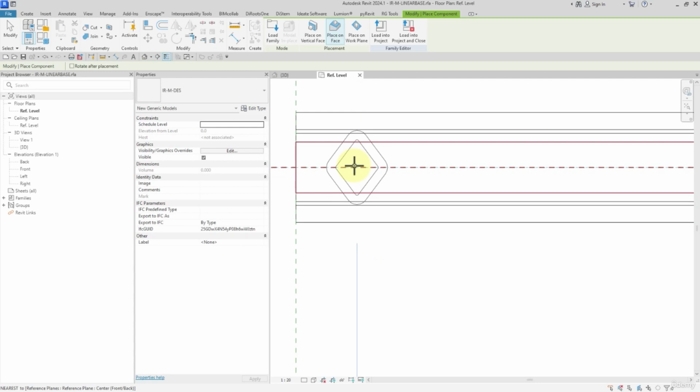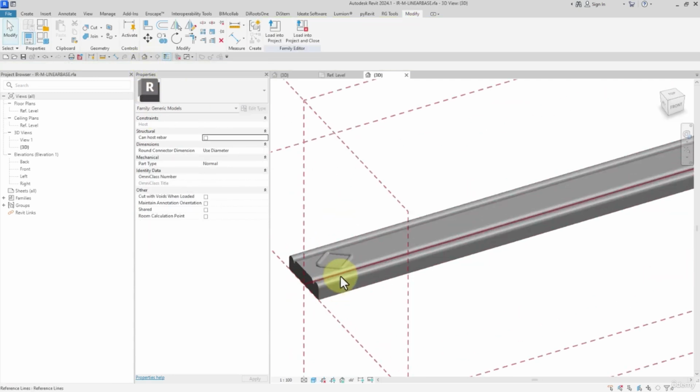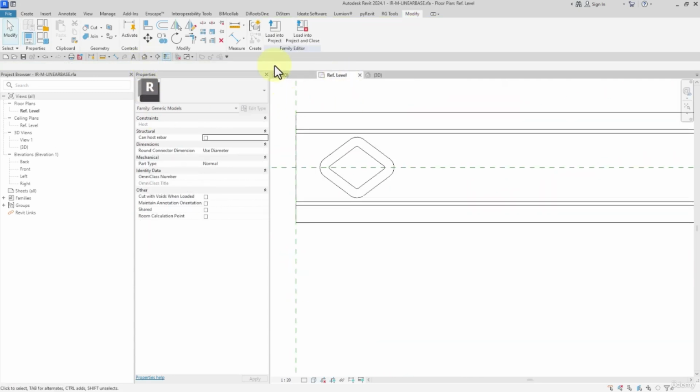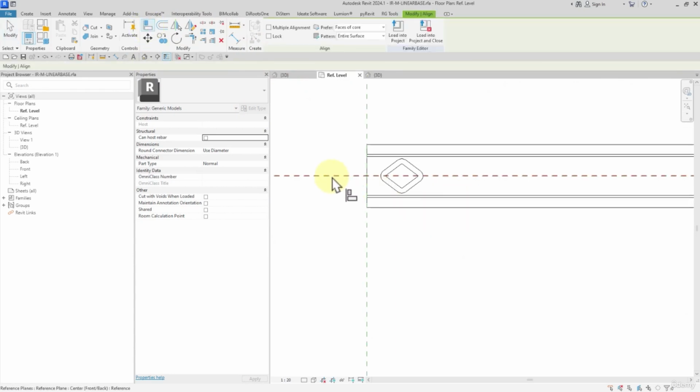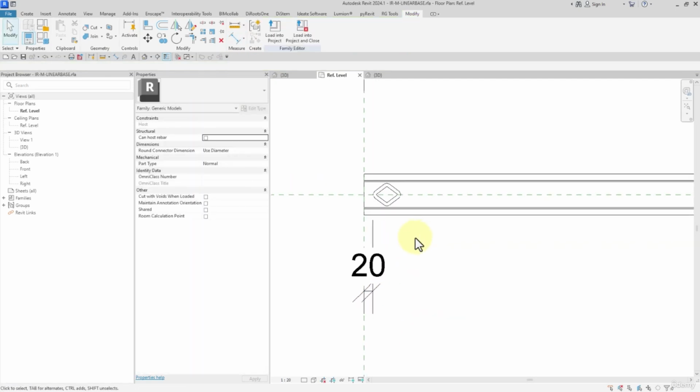Check it out. Then I can adjust it and align it with the reference planes. Watch this. I press down a space to rotate it. Then I adjust it at the center. Check it out. Then I want to propagate it or duplicate it. Firstly, let me align it. Watch this. Lock. And then I add a dimension between the element and the